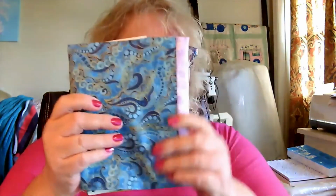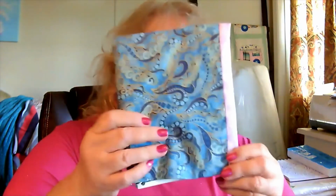I could put Cricut letters on this. I could use a marker and write on it. The beauty of having that lighter colored band down here at this end is I could use the same fabric for all of these, which would make them all match. And then I could use a different color band for each book, or I could write the name of what this book is. This one happens to be the book for all my boxes, that box one has kitchen stuff, box two has whatever. But then if I put them in my purse or in a tote bag or something, because at some point all of this is going to be carried in a tote bag of some kind,